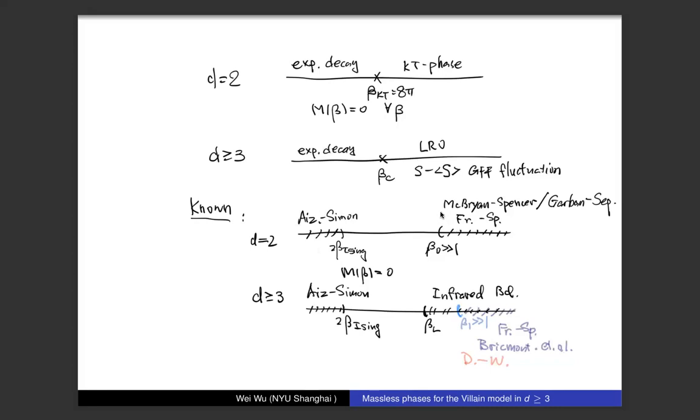They gave different power law upper and lower bounds of the 2-point function. So we know it behaves like a power law in this region when beta is very large. In dimensions 3 and higher, first of all, there was the infrared bound technique in the 70s, which shows that when beta is big, we have a long range order. And on top of that, there were more precise results in the 80s by Fröhlich and Spencer, for example,